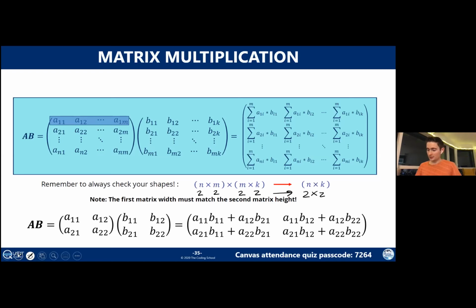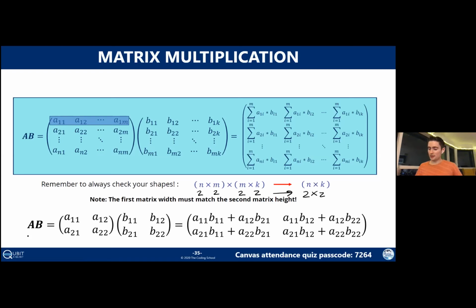Before we do that though, I do want to talk a little bit about how you would multiply generally two matrices that are not 2 by 2. So I'm going to go through this a little bit quickly, just because it's not the most necessary thing to know right now. But it is just to give you an idea that there is a way of thinking about this besides memorizing this massive formula.